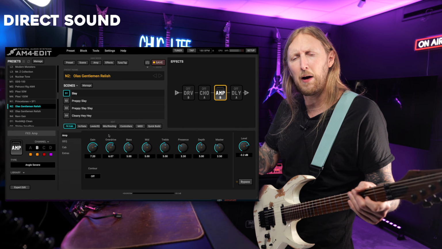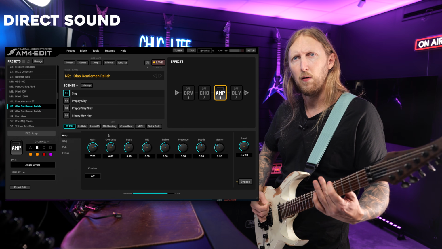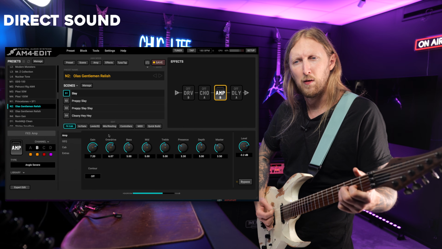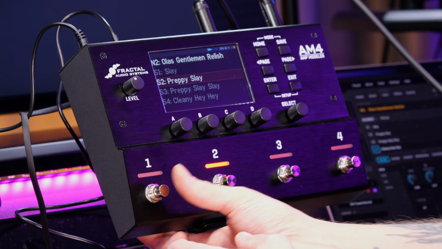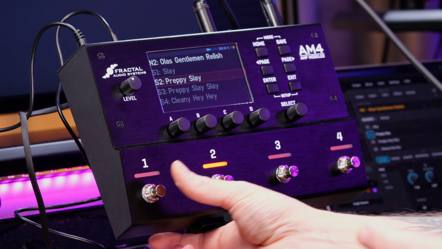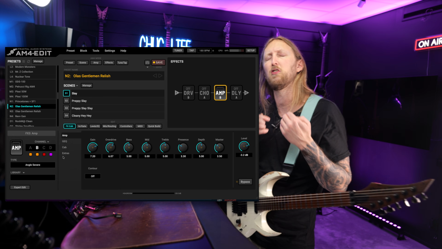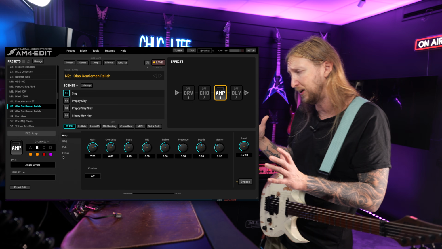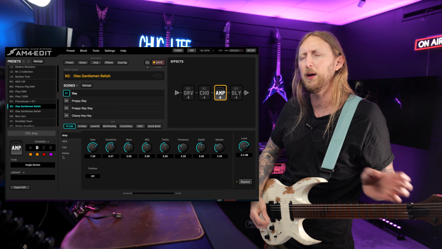So what you're hearing right now is the direct signal only. So how I have it set up, I have different scenes, 4 different scenes in one preset that I can switch in between. But worth noticing is that even though you have one amp block, you're not necessarily tied to that specific amp model that I'm using right now. Every block in this thing has 4 different channels that you can switch in between in that specific preset. So you can basically have 4 different amplifiers in one preset and switch between them, which I thought was really